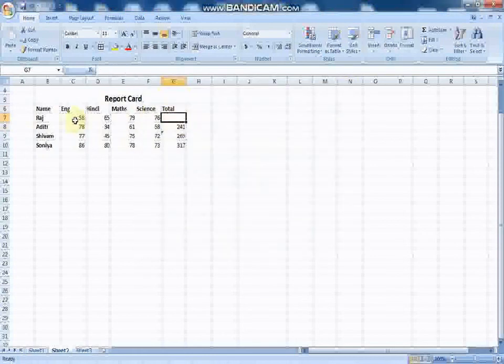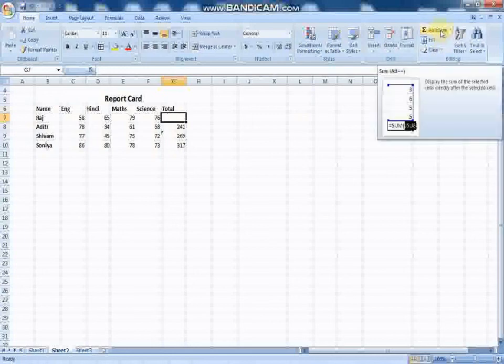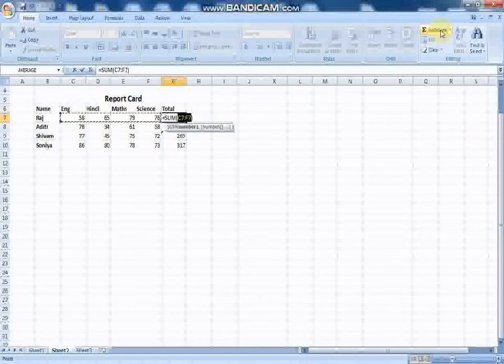Then no need to write the equal to sign, no need to write SUM, nothing. Just click on the cell where you want to calculate and then go on the Home tab and see in the Editing group there is the option of AutoSum. Just click on AutoSum and press enter. That's it. Very easy now.